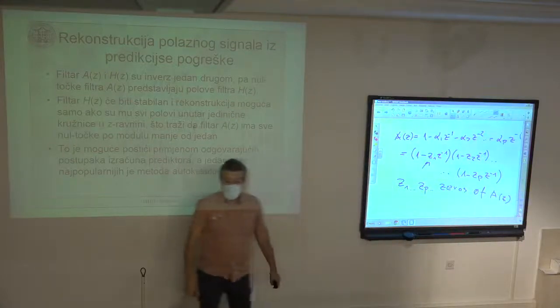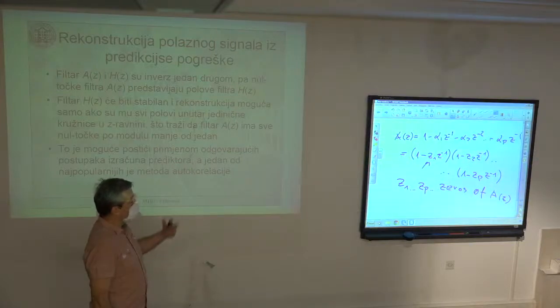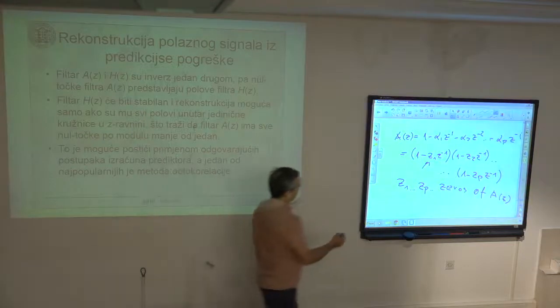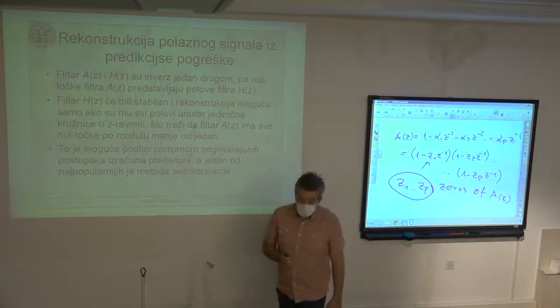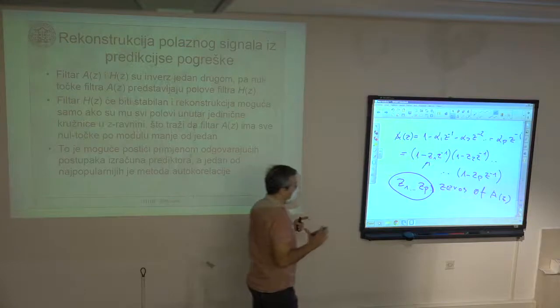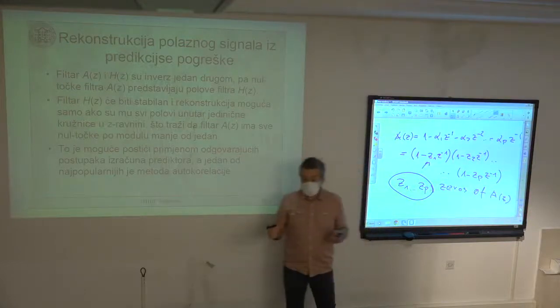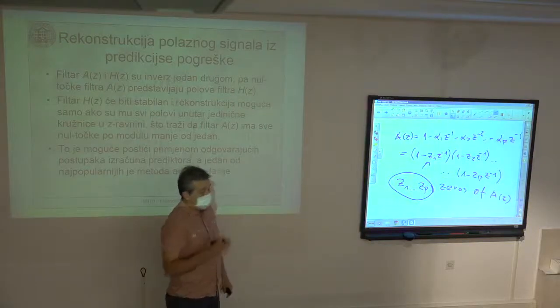But this polynomial is exactly the one in the denominator of H(z). So zeros in the denominator are actually poles of H(z). And that is the reason why I have to ensure that these zeros are not anywhere in the z-plane. They must be within the unit circle. Why? Because otherwise, if the pole is outside the unit circle, then the corresponding IIR filter, H(z), would